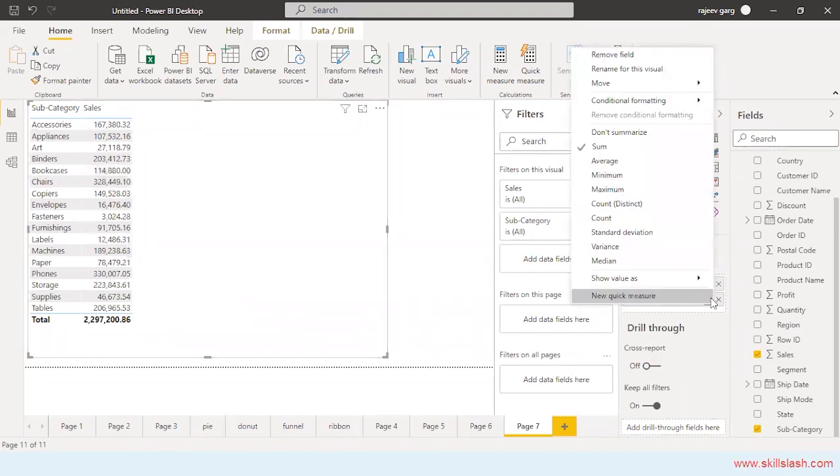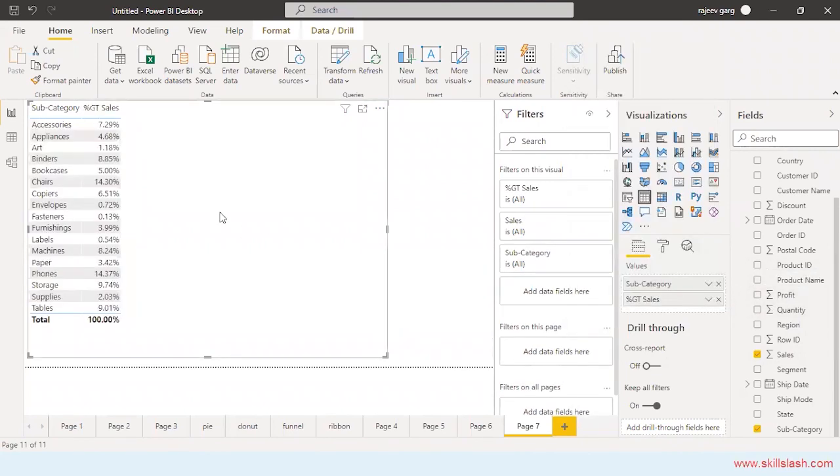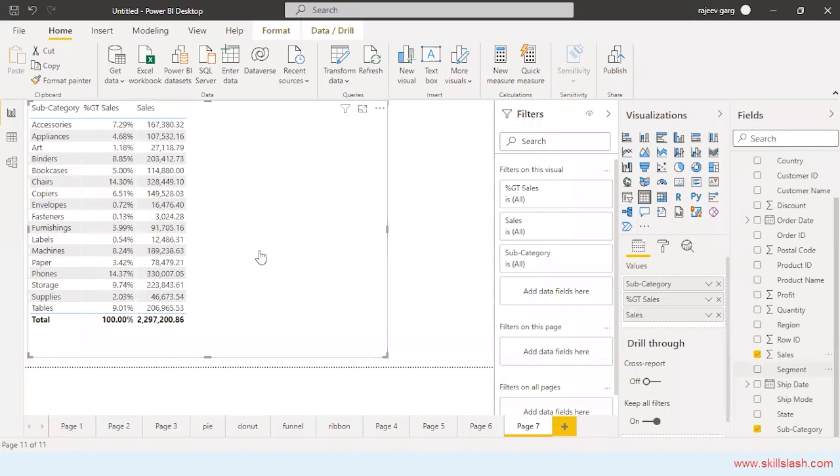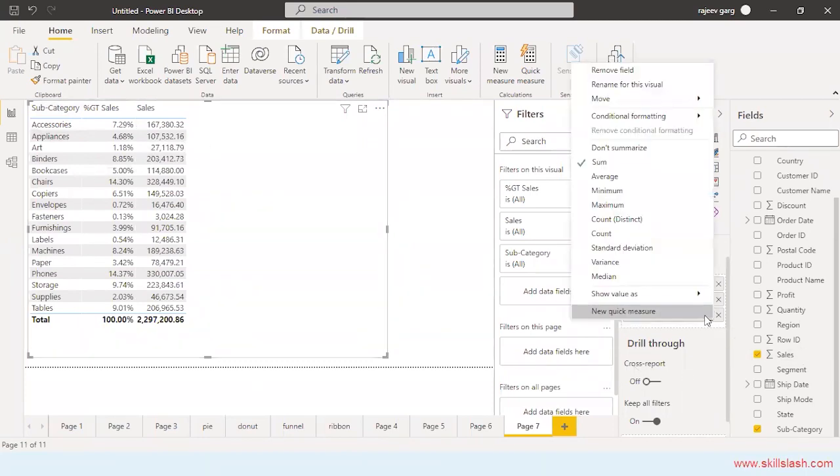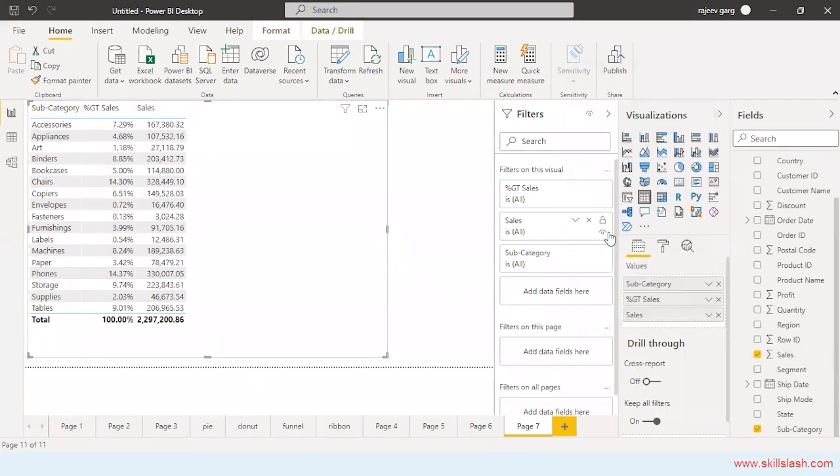So I can click on this drop down arrow and you will see there is an option called show value as percentage of grand total. So now you are getting the percentage contribution rather than the sales value. If you also want the sales, you can put the sales once again, and here you can display the sales. And suppose I want the count over here. How many sales has been done, how many transactions has been done under each category. So I can click on this drop down and you will see there is an option called count. So I'm getting in the accessories, the total sales done has been 775.